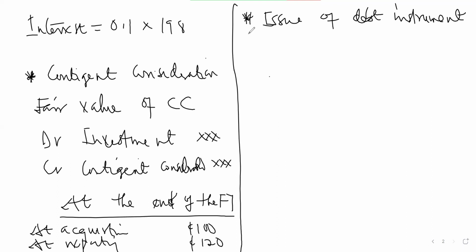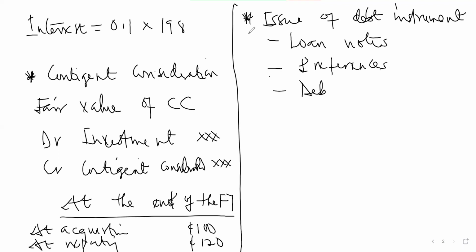So we can also issue a loan note to them. We can also issue preference shares to them. Okay, or we can also issue debentures to them. Okay, we can also give them debentures. The existing shareholders of the company, we can give them what? Debentures. Okay, so if you are giving a loan note to them, it means that we don't have cash now, but we are going to give you a loan note so that you be part of the creditors or you be part of the loan note holders of the company. Okay, so what will happen is that the question gives you how the loan note will be issued.